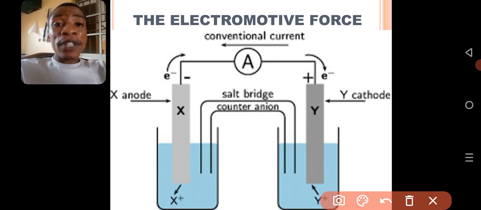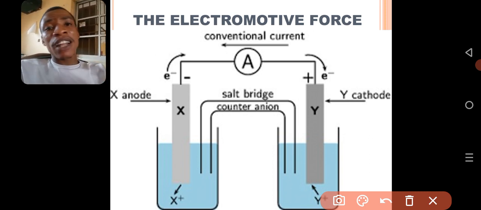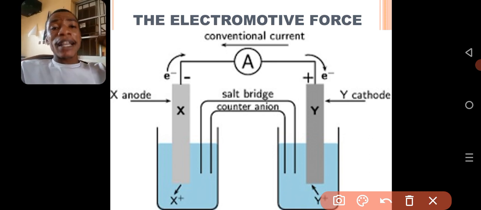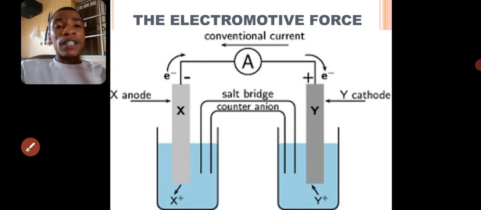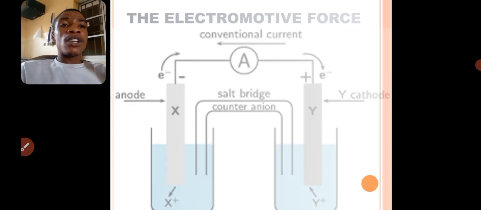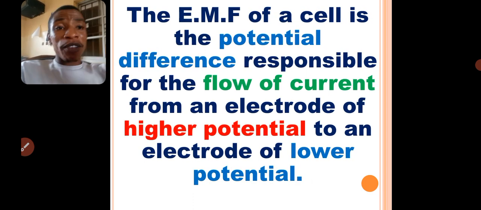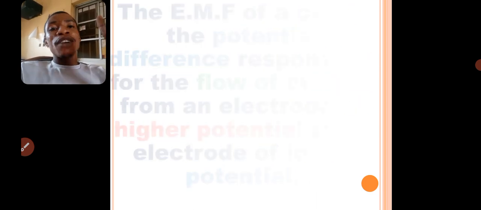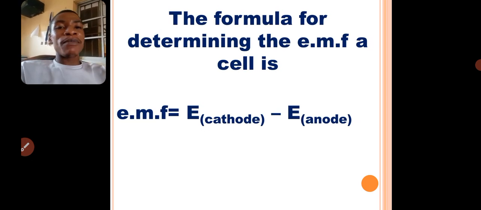Number two, the temperature affects the value of electromotive force. I've explained that under electropotential. Then concentration also affects the value of electromotive force, including pressure, if gases are involved in the reaction. So take note of that. If you want to get a very big EMF, use two metals whose positions are very far apart in the electrochemical